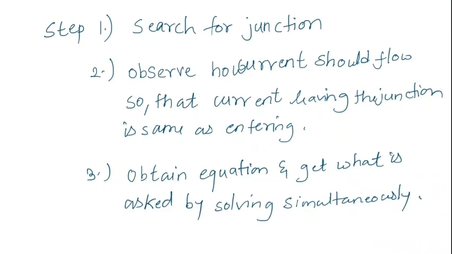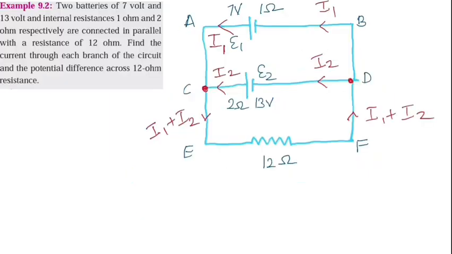First step is to find where your junction is. After finding the junction you have to see that the same amount of current is flowing from the junction and moving towards the junction. Last step is by KVL, that is Kirchhoff's voltage law. You have to obtain some equations and then solve them simultaneously and obtain whatever you are asked to. So first example here: two batteries of 7 volt and 13 volt